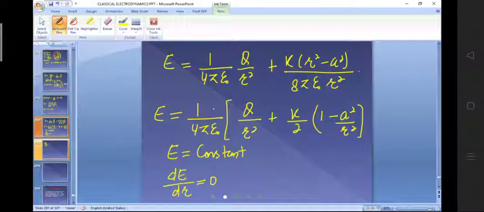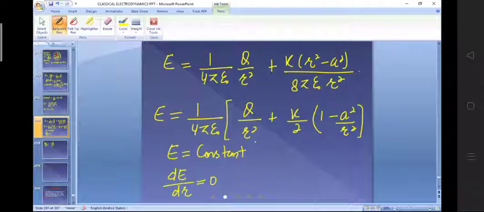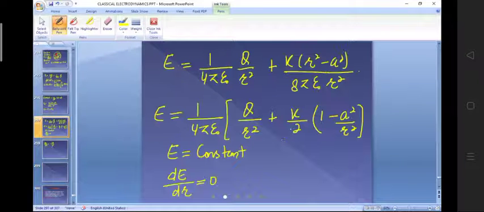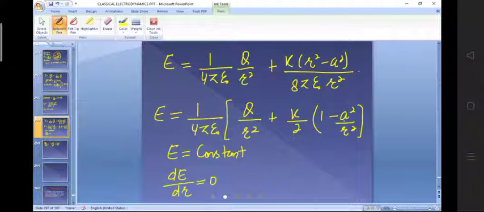So it will be simply minus 2 times q divided by r cube will be the differentiation of this. Then q will remain as it is because it is a constant. Then k by 2 into 1, the differentiation of 1 will be simply equal to 0. So what comes here first is minus k multiplied by a square divided by 2. First of all this term, isn't it? Because a square is a constant, it will remain as such, k divided by 2. Then this negative sign.